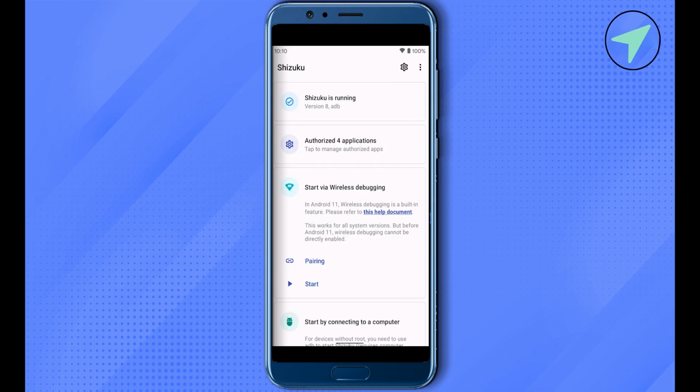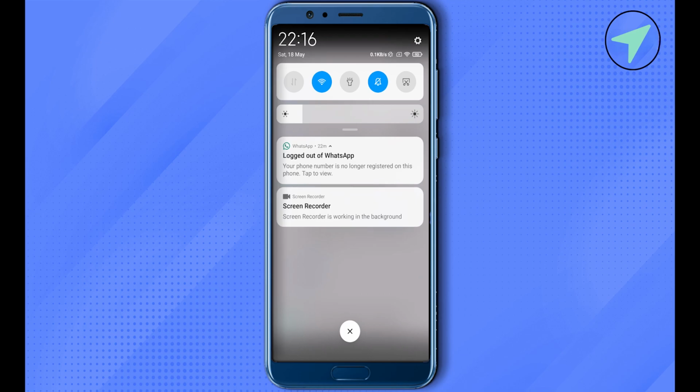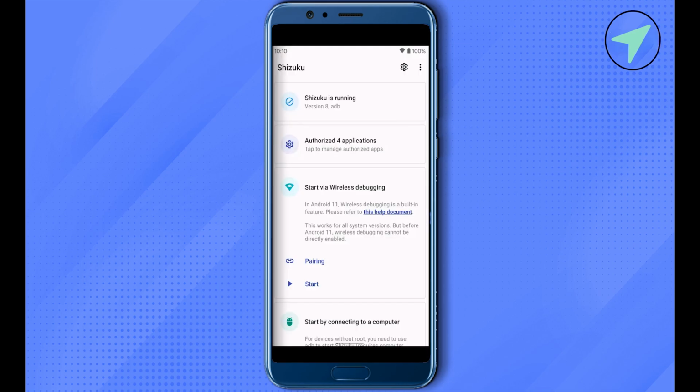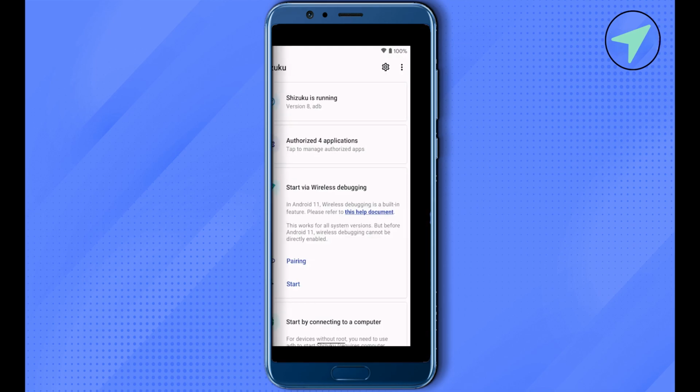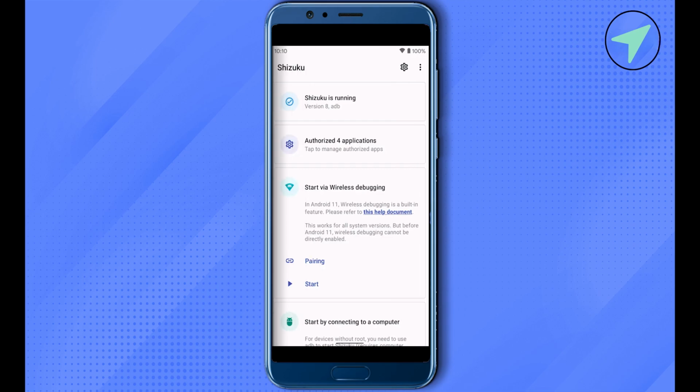Simply select it. After that, you would be getting a code. Now simply open up the notification window on your mobile, and you would get the Suzuku right on the notification bar. Simply paste the code or type the code that you got on your developer options, and after that you need to open up your Suzuku application. Then click on this option of start at the bottom right below pairing, and after the start process is done,